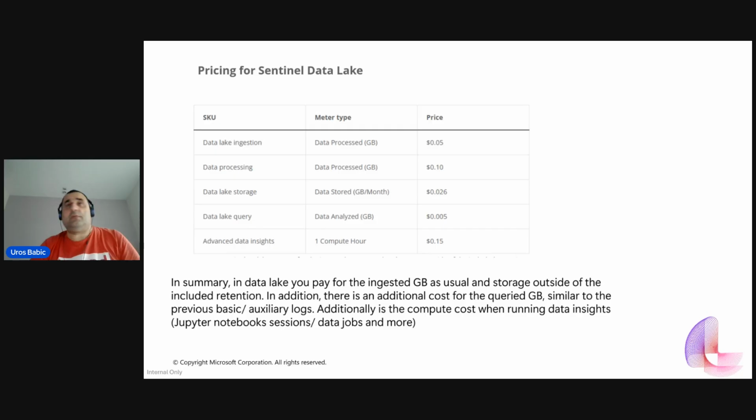I can actually use this pricing component for this aggregation pricing model for storage, billing, cost element. Data lake ingestion per gigabyte is $0.05 for price. Data lake query is actually